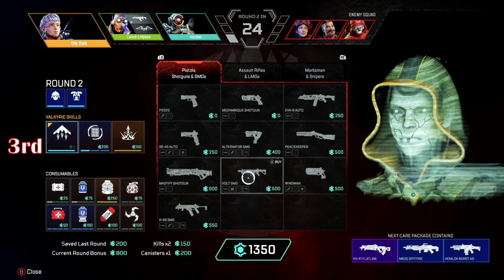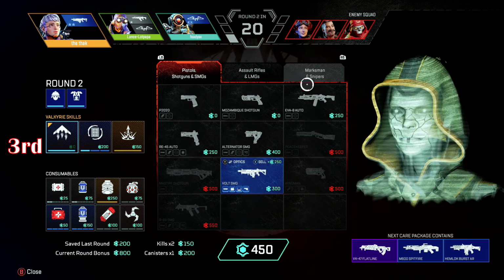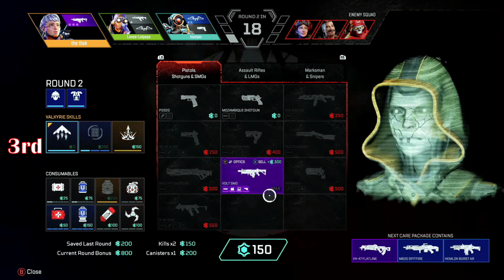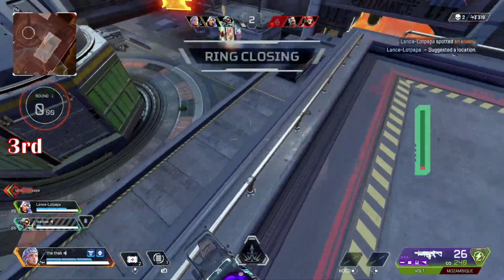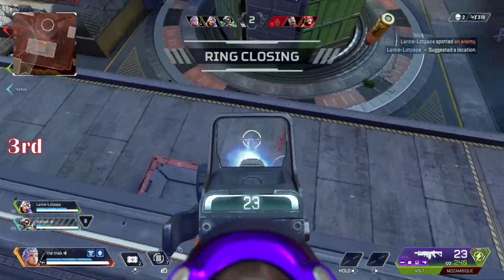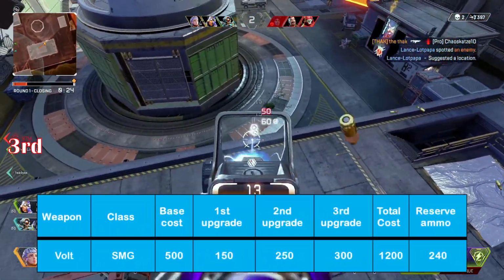In 3rd place, we've got the Volt. After the nerf in Season 7, the Volt just isn't as strong as the R99 in terms of fire rate. However, the higher damage per bullet means it's a lot more forgiving if you miss a few shots. It's also a little bit more economical to start with, coming in at 50 crafting materials cheaper at 500 compared